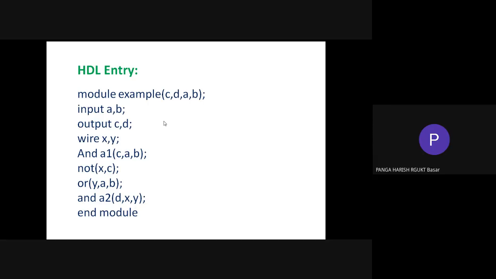Sir, I have a doubt. When we are writing the inputs and output of AND gate A1 and A2, why is there capitalization before the A1 gate in the code? Actually, it is a small a only, not capital A. Verilog supports case sensitivity, so we shouldn't keep capital A here and small a there. All these logical gates act as keywords in our Verilog description language. Here it is a small a only; by mistake I have written capital A.